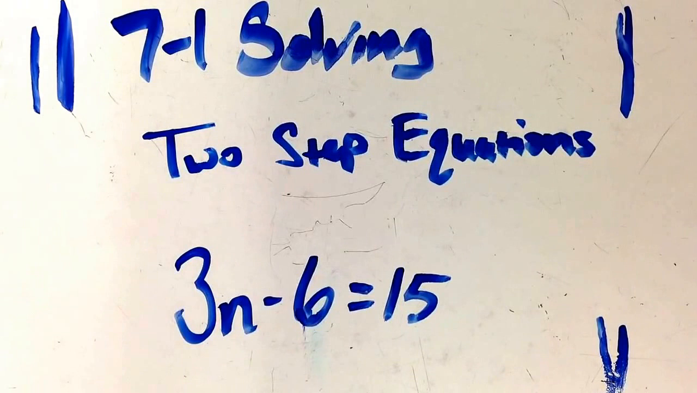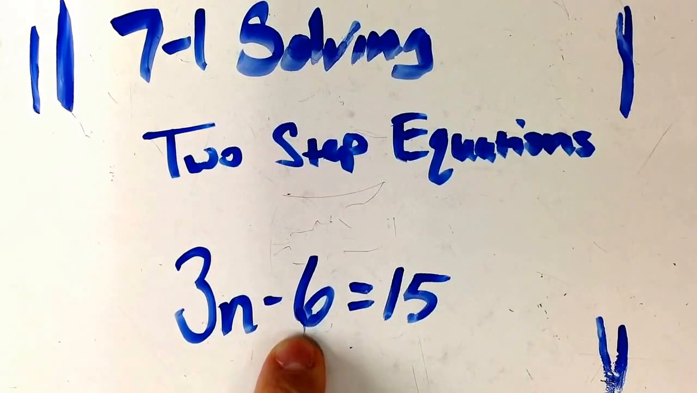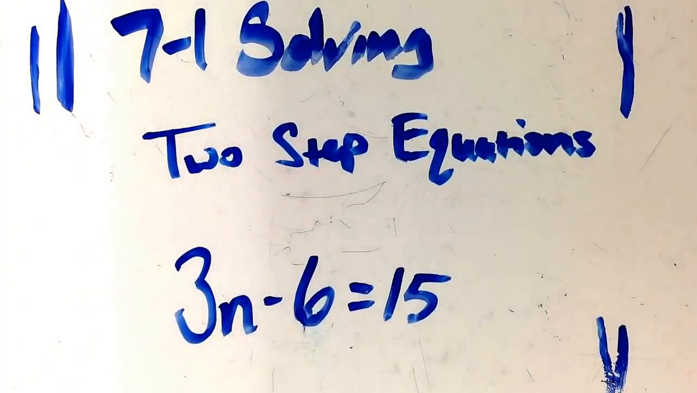Now the first thing you're going to notice if you look at our equation is we have two different functions happening to our variable n. You can see it's being multiplied and also subtracted with the 6, and so we need to undo both of those to find out what n equals. We have talked about this before, and we've even solved one-step equations, but in this case we're going to have to solve both the multiplication and the subtraction in order to find out what